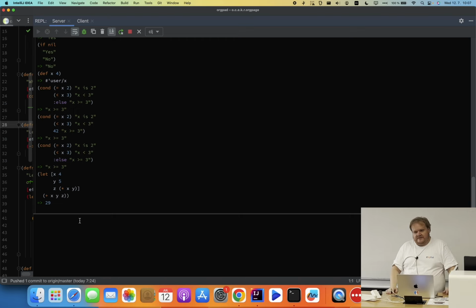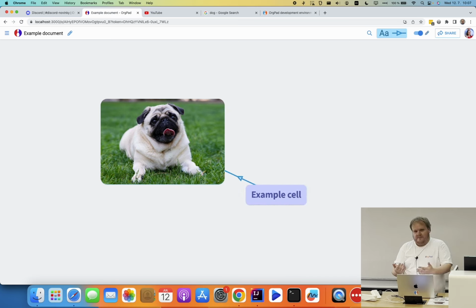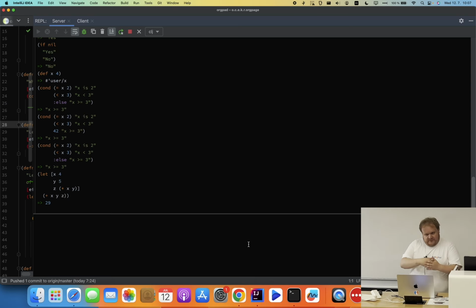Now, of course, the entire code cannot be stateless. If you would just have pure functions which just output stuff based on the input and nothing would ever change, then we couldn't do programming. For instance, when I run OrgPad, I need to have some state. I need to have somewhere stored what is the state of the document. And when I change the document, I have to update this state. So there has to be some change over time. Otherwise, the system would be meaningless. And so this is realized